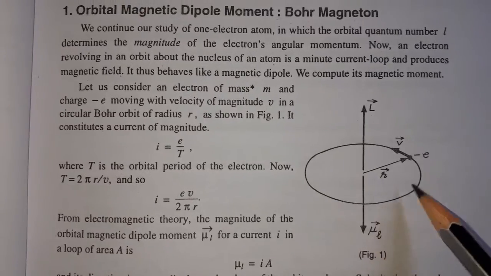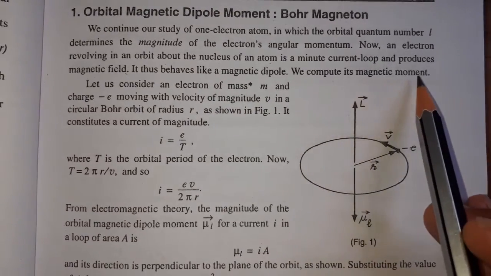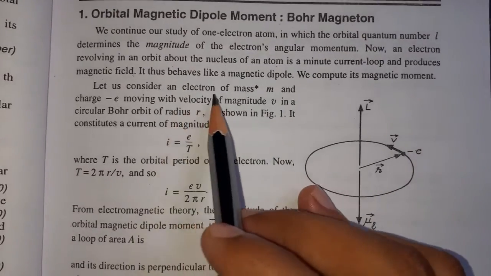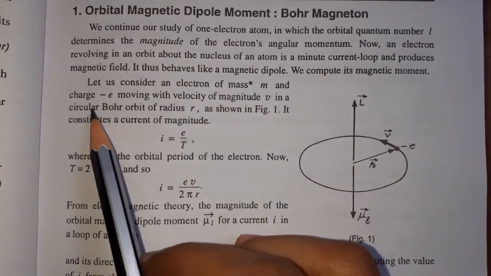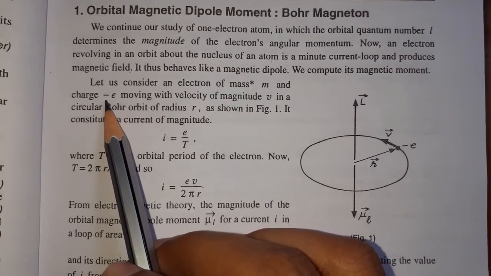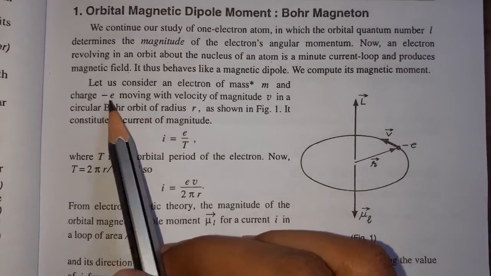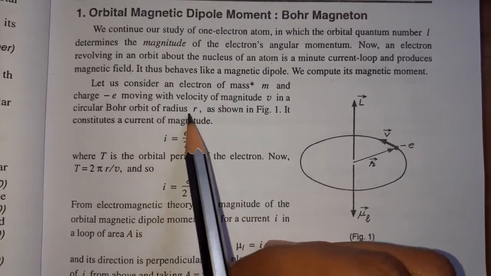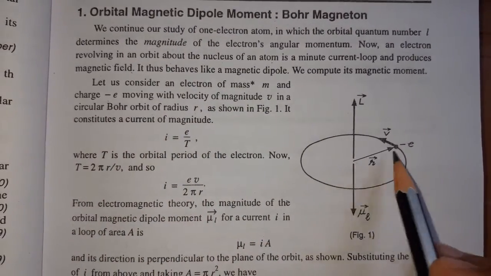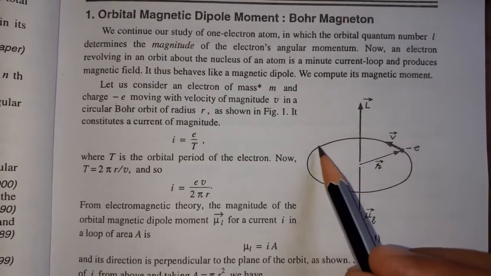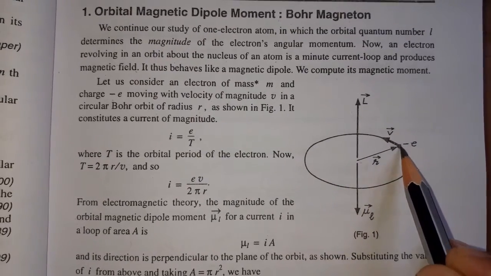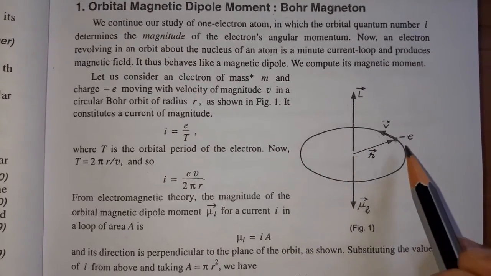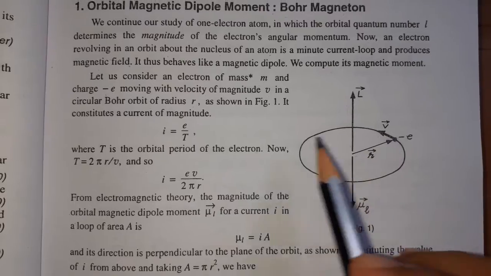So here we will compute the magnetic moment of this electron. Let us consider an electron of mass m and charge e with a negative sign, because the electron has negative charge, moving with velocity of magnitude v in a circular Bohr's orbit of radius r. So there is a Bohr's orbit of radius r, and the electron is moving like this with velocity v. Clear? So here the electron is moving, there is a current produced, and the magnitude of this current is given by